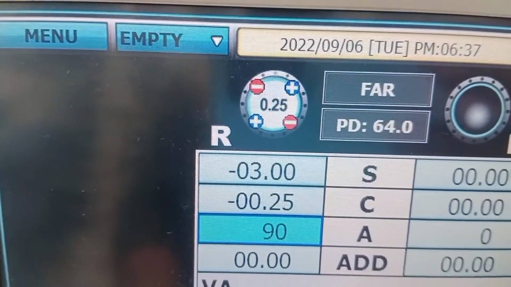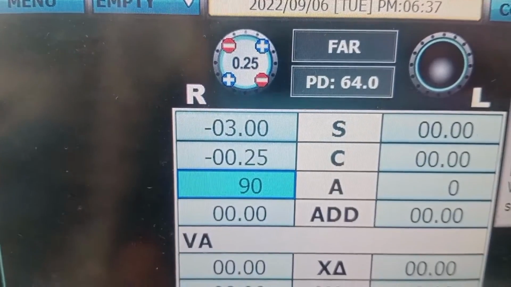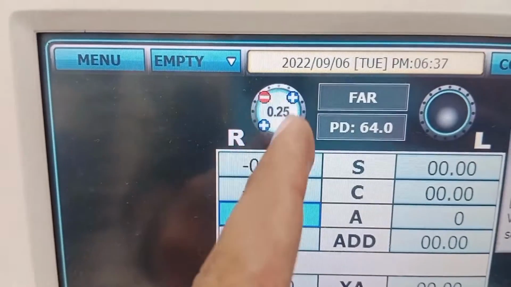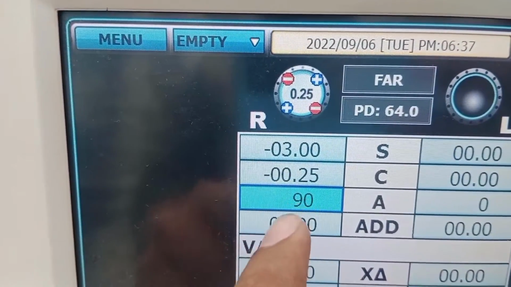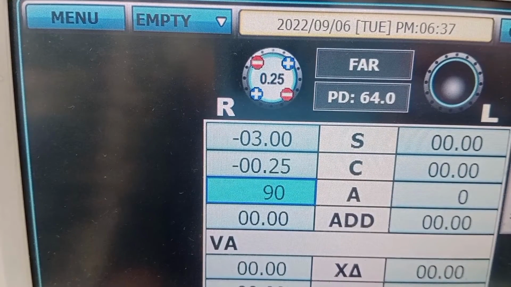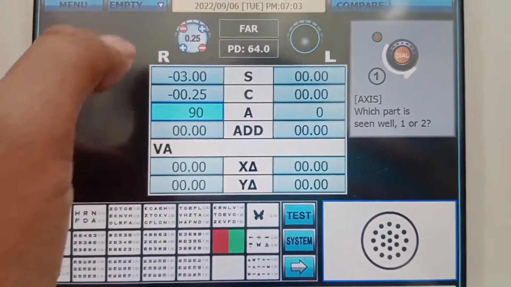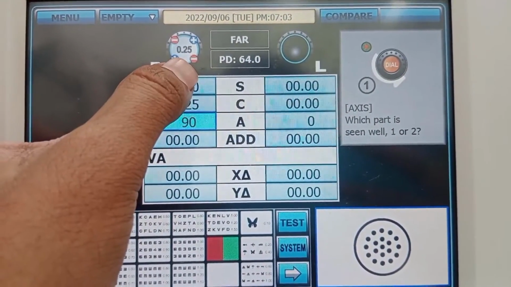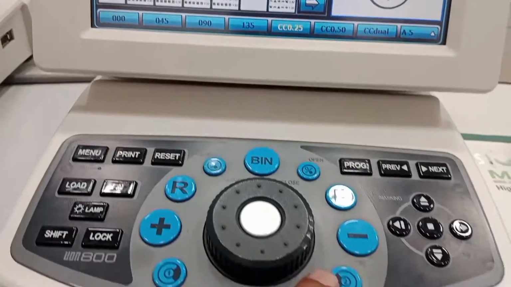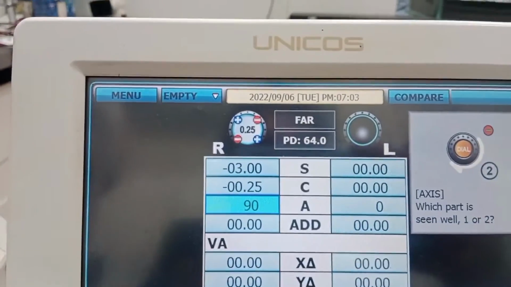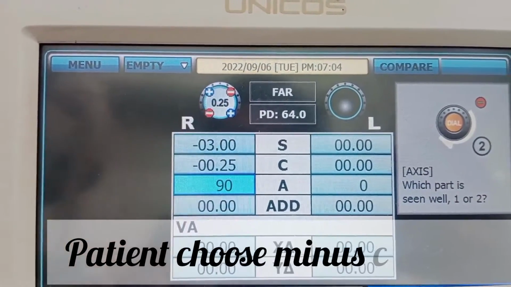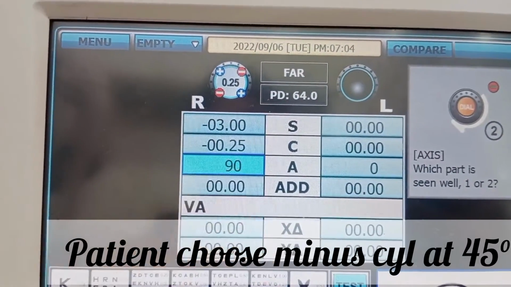so for axis refinement, as you can see, the trial cylinder's axis, which is 90 degree, should be aligned with the handle of the Jackson cross cylinder, which is at 90 degree as well, right? So now we will ask the patient whether position number 1 is good or position number 2. Suppose position number 1 is when minus axis is at 135 and plus axis is at 45 degree, right? And at position number 2, minus axis is at 45 degree,